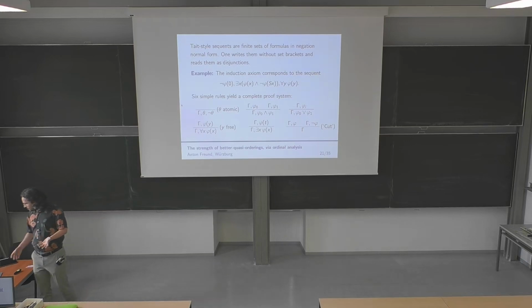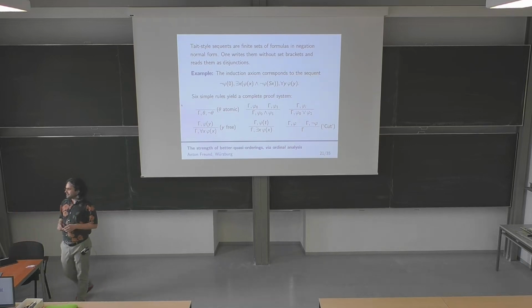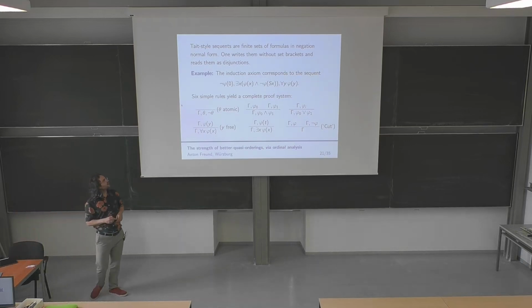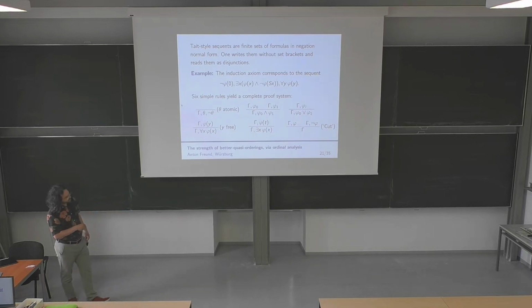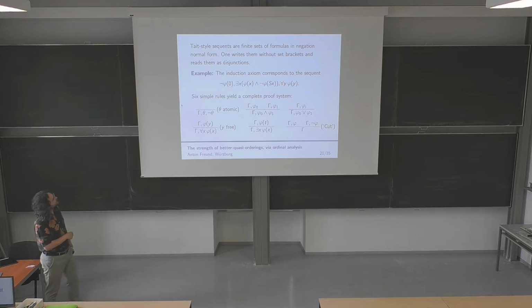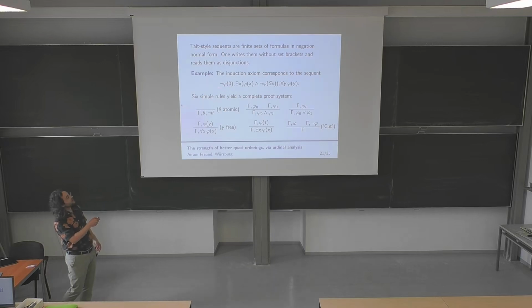But if you want to exploit the sequence structure, then you could write it down like this. So this is a sequence consisting of 3 formulas, and you typically omit the set brackets when you write down a sequence. So this is a set containing these 3 formulas, and it's interpreted disjunctively. So it says either this first premise of induction is violated, and the formula phi that you want to establish